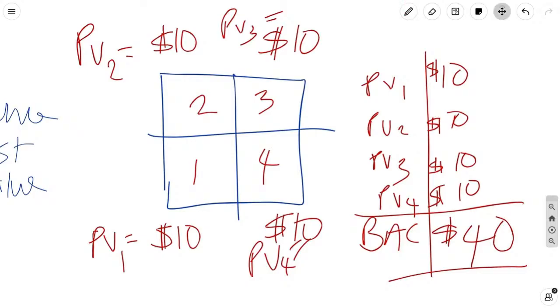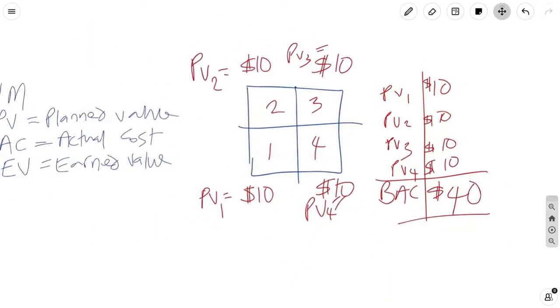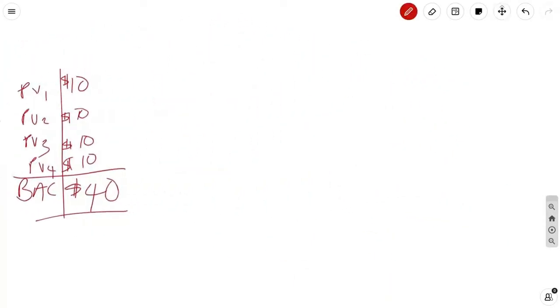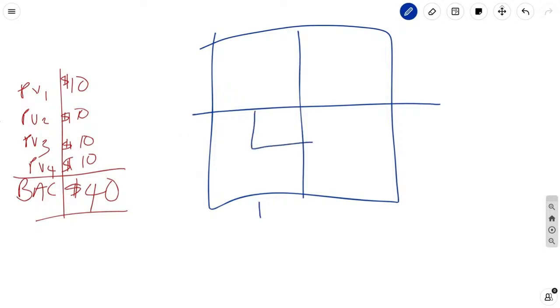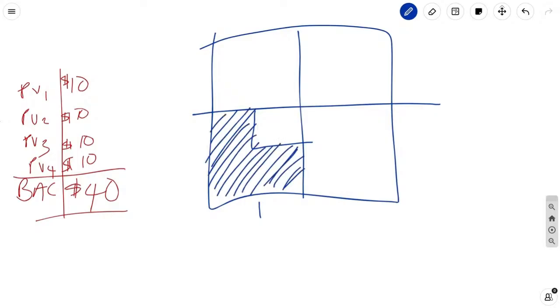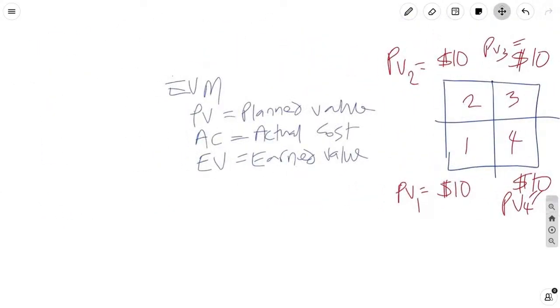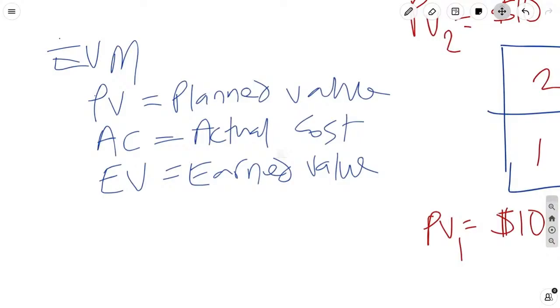Okay? Now, assuming this project began. As the project begins, suppose on day one, at the end, instead of you getting all the work done, you only got the shaded area done. The question then is, what percentage of work have you accomplished? Because you will use that percentage of work to understand the earned value. You see, earned value is what you actually accomplished.